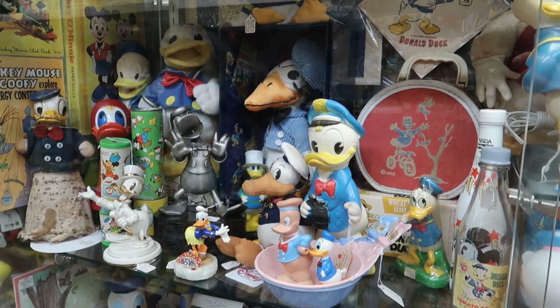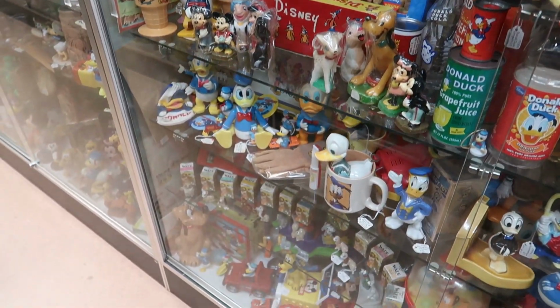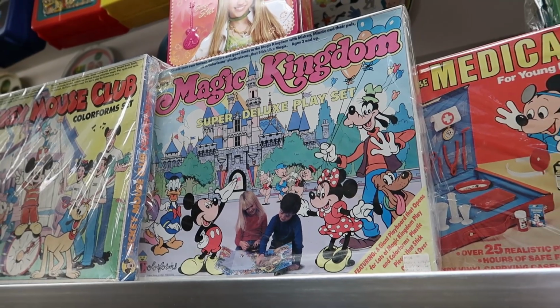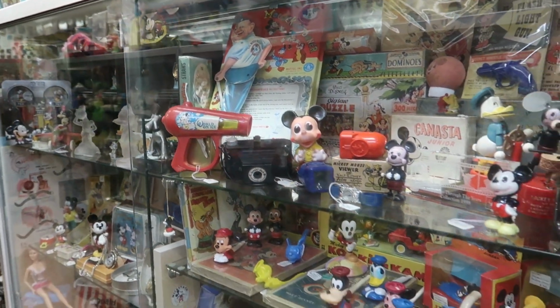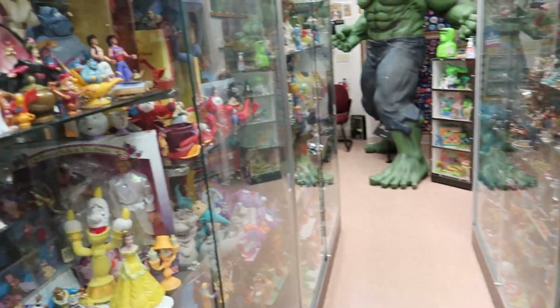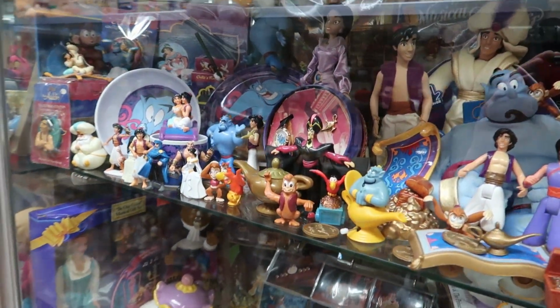You know, Donald, he's a sharp dresser. He's got a good look. Oh, this is cool. This is a Magic Kingdom board game. It's pretty cool that it's devoted to a Disney park. And we have just all manner of Disney stuff here. Lots and lots of Disney stuff. But there's a lot of different Disney stuff you can make toys out of, so...